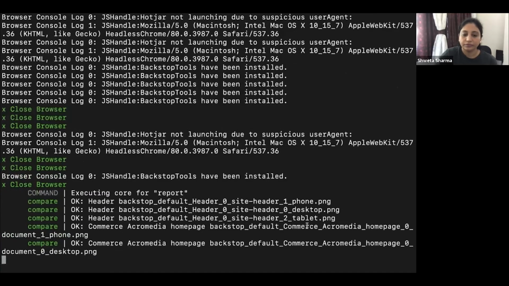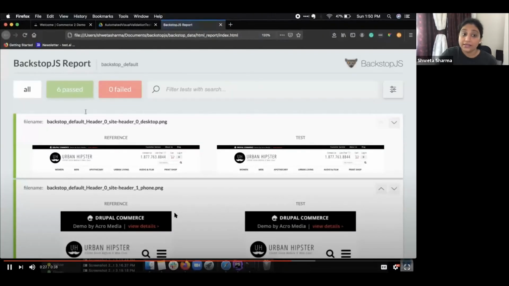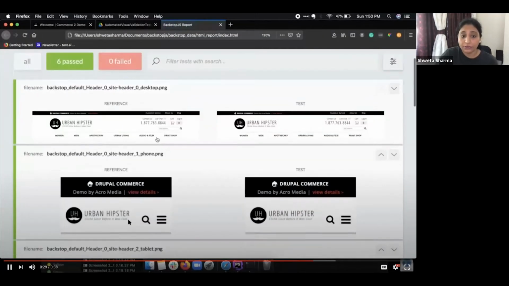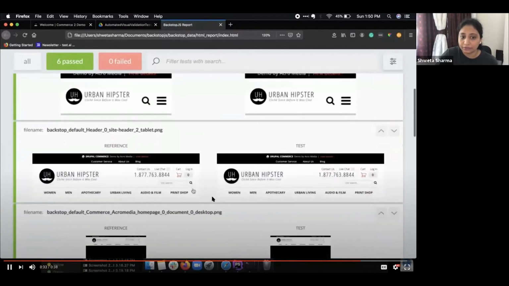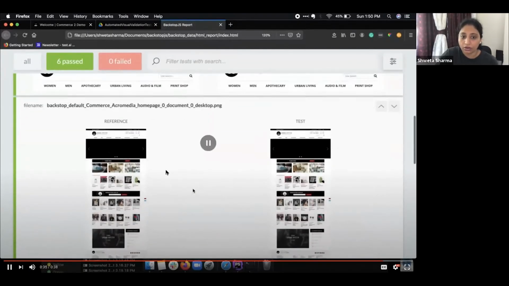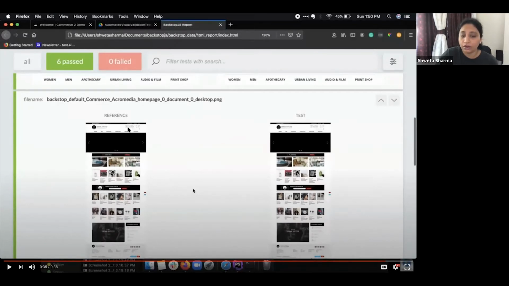And it says 6 passed, 0 failed. If you see here, the reference and the test images both are identical. The beacon marker is gone. Here, the slideshow is not dynamic anymore, and that's why it's not going to interfere with the testing results anymore.